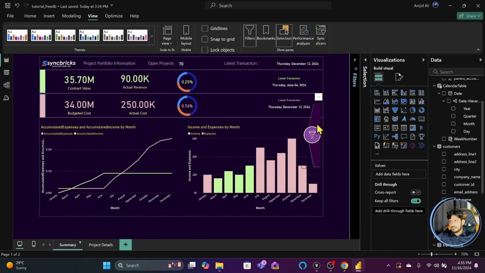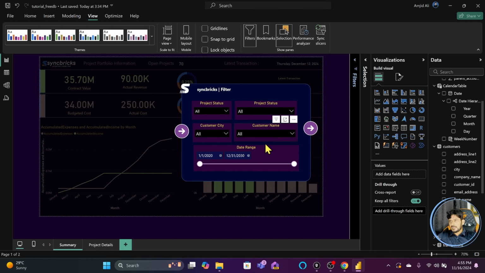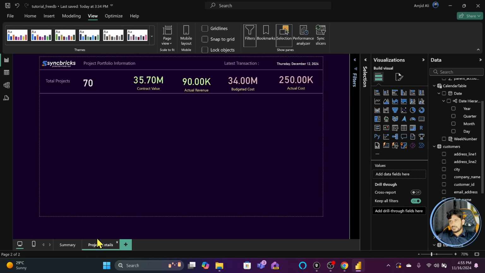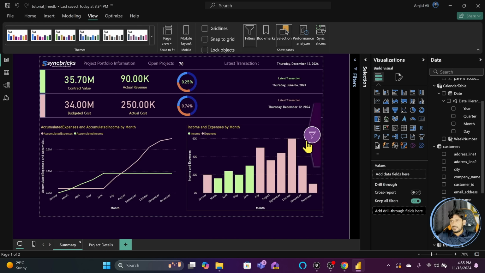Why I didn't bring this filter pane and this filter, because if I click hide, it will go back to the summary page, which I don't want. So for every page you can have a separate filter option here, but I'll show you how it works. Now suppose I add the filter here in